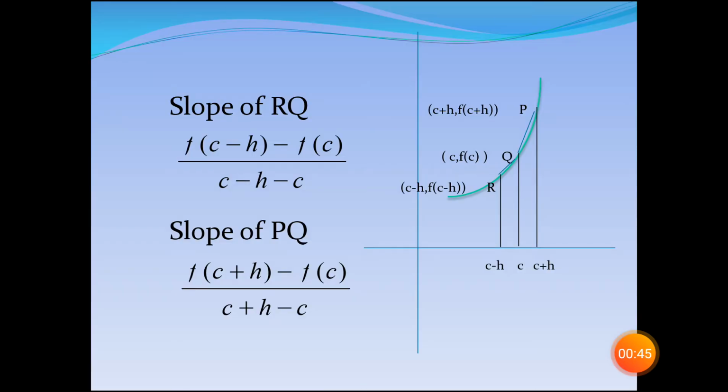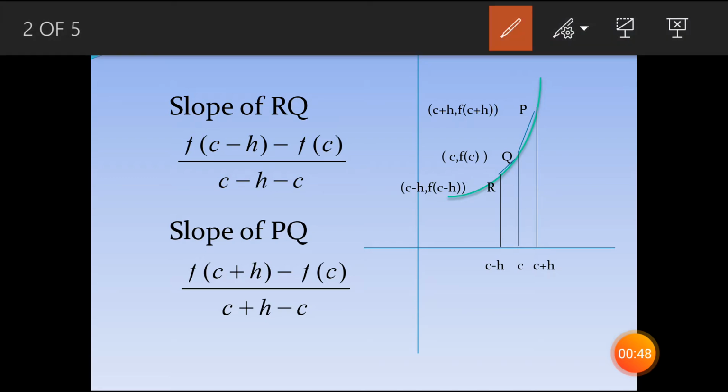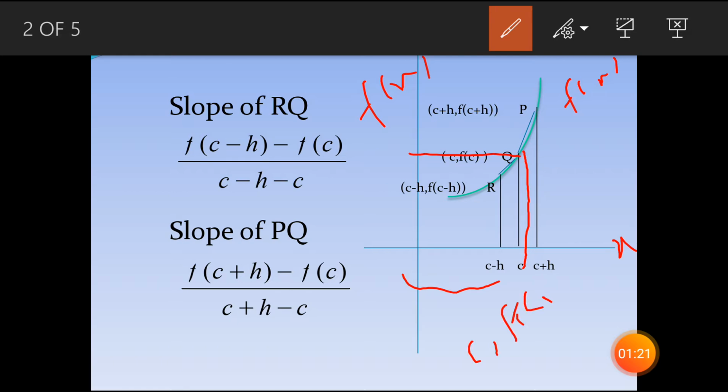See, for this I have considered a graph f(x). That is a curve, and on the x-axis I took x points, and on the y-axis I took f(x) points. On this graph I considered 3 points P, Q, R. You can see that Q point is at c distance on the x-axis. So if it is c, then what will be the coordinate of Q? Obviously the coordinate of Q will be the x coordinate and then comma the y coordinate. So the x coordinate is c and the y coordinate is f(c). So these are the coordinates of Q point.